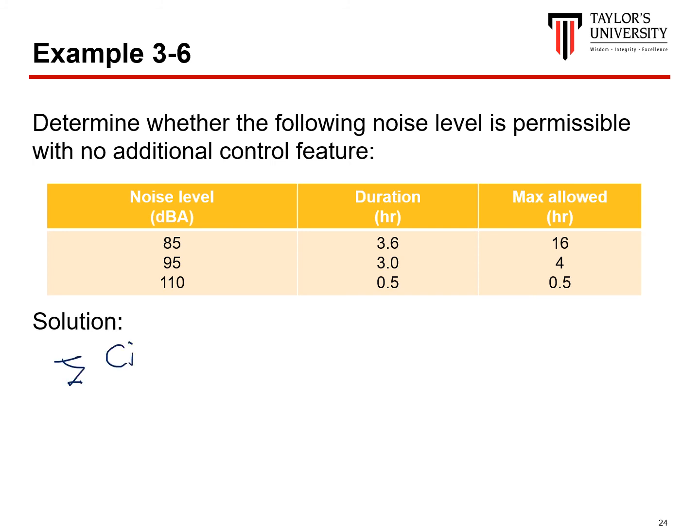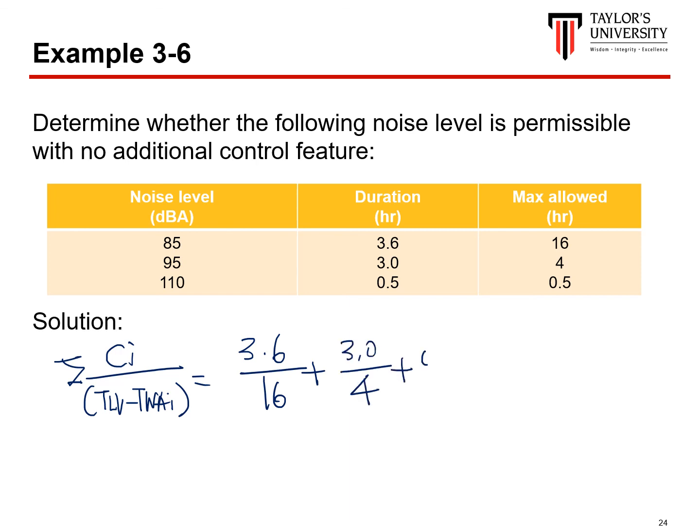Total would be concentrations over TLV, TWA. In this case, we will have 3.6 as the duration over 16 plus 3.0 over 4 plus 0.5 over 0.5. And if we calculate this whole thing out, it gives us 1.97,